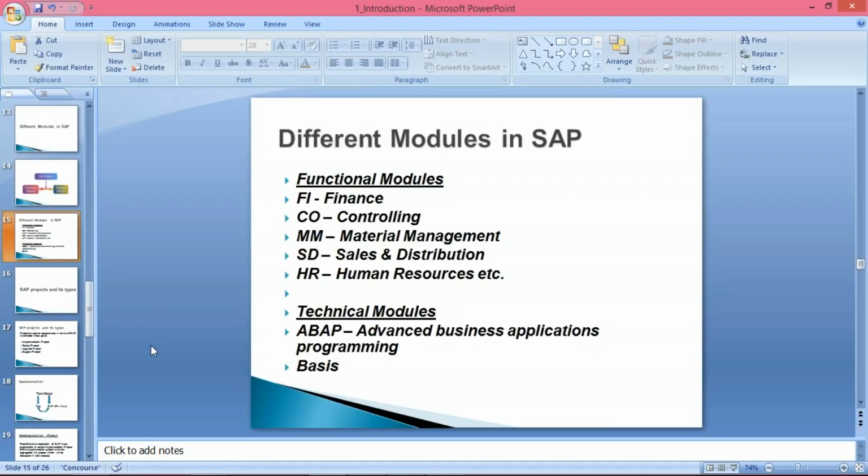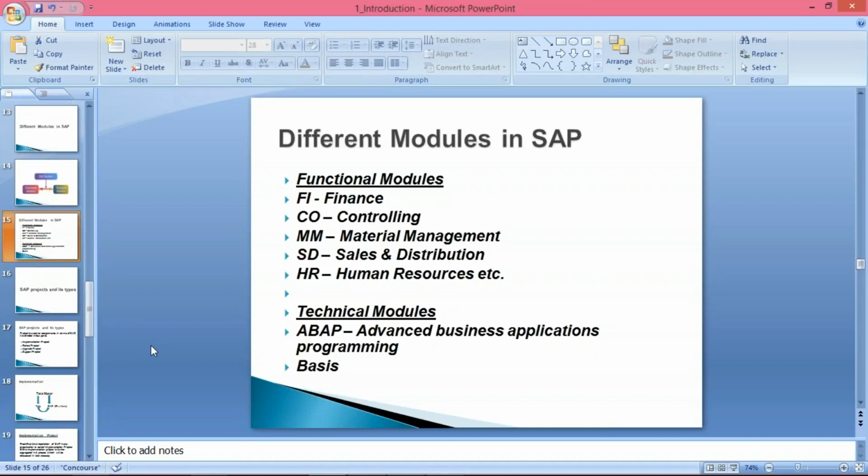Let's suppose a few of you, out of all these people, are part of a BPO. If somebody is working in BPO or KPO, then what will happen? You are going to serve a particular client. It means you are working on a project. That project belongs to a client. Now the question is, how many types of projects are there in SAP? How many types of projects are there in SAP?